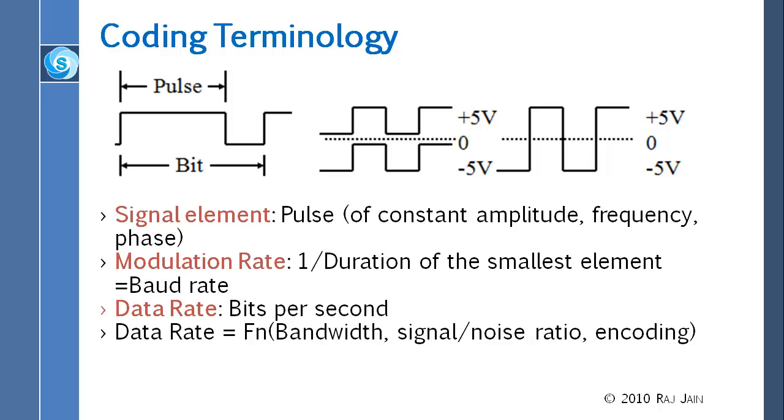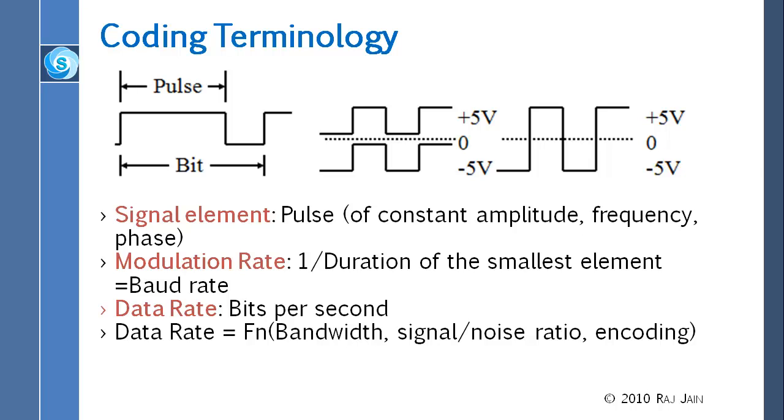So for example, you could have a coding in which whenever I say +5 volt, that means 1 1, two bits. When I have +2.5 volt, that means 0 1, two bits, right? When I have 0 volt, that means 0 0. So you take 2 bits at a time and then you decide what voltage you want to send. So each baud consists of 2 bits,